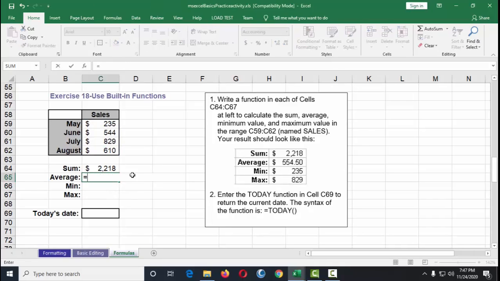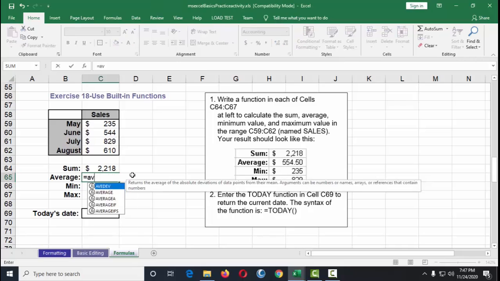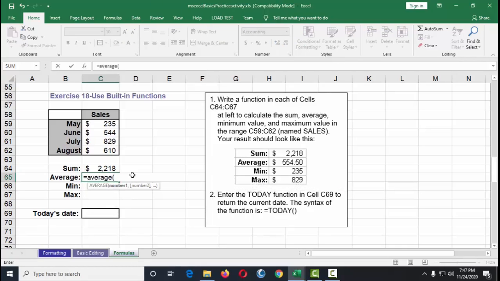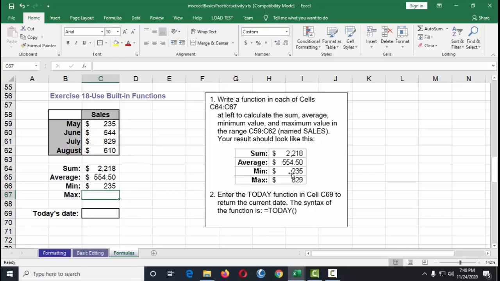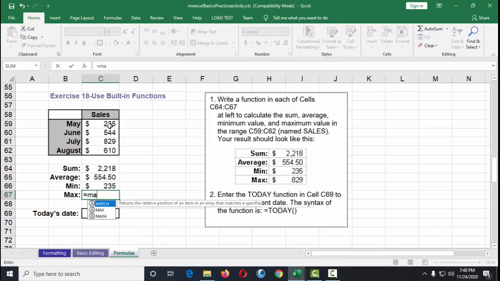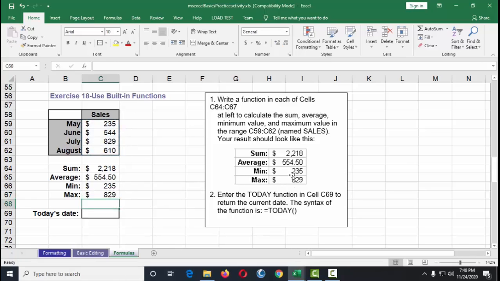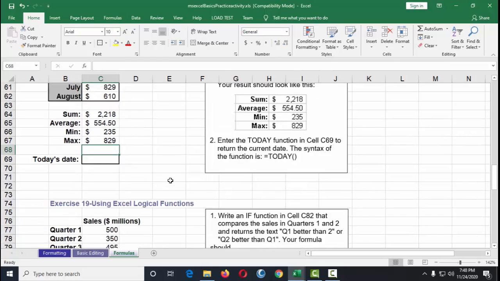And another way again is average, open parenthesis, highlight, and then close. There you go. Same goes for minimum. Min, open parenthesis, highlight, close, enter. 235 is the same. Again, for the max, max equals, open parenthesis, select, and then close parenthesis, press enter. And then we have the same answer as this.